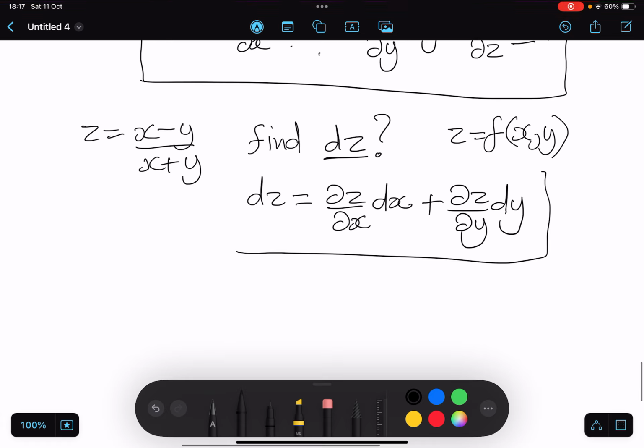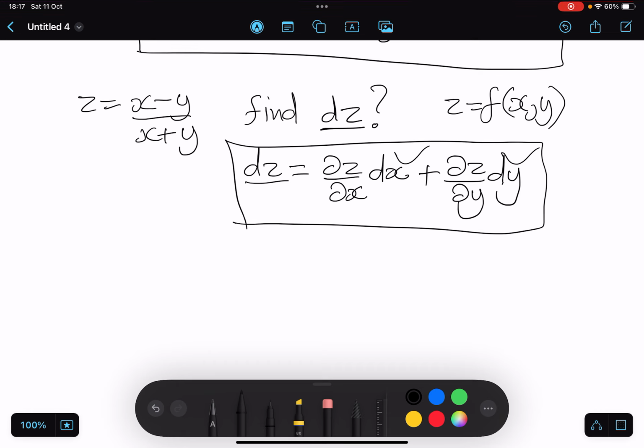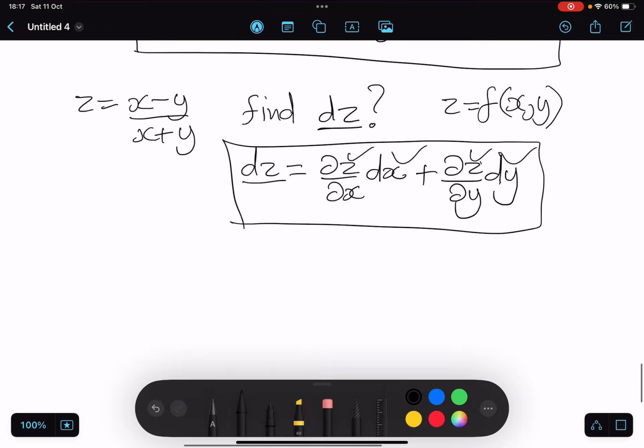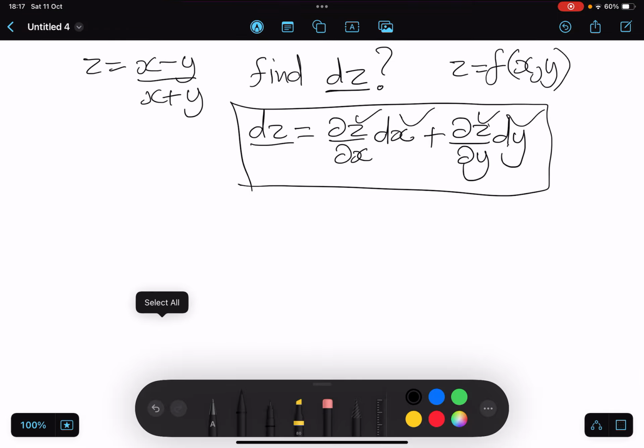So now we just need to find this, which means we need to find these two terms in order for us to find dz, and we know how to find dz/dx, and we know how to find dz/dy. This is a simple concept. So now we have to differentiate our multivariable function with respect to x and y. So let's find